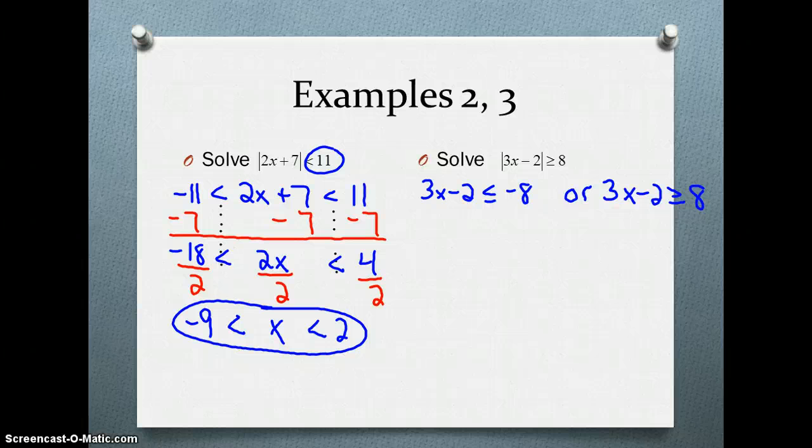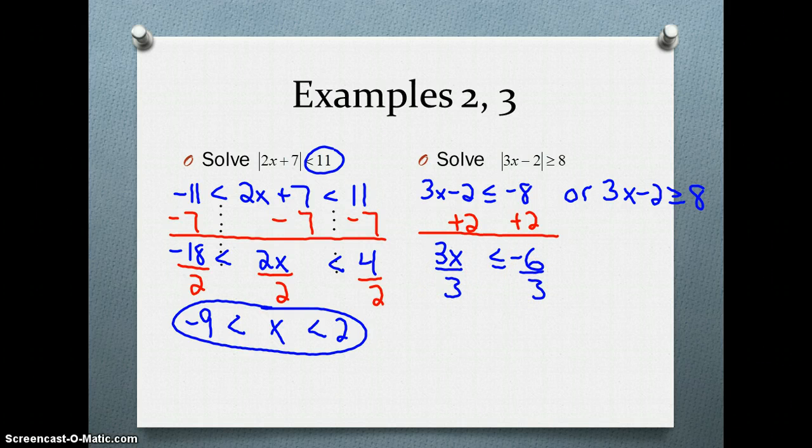So first, I'm going to add 2 over here on the left one. We'll solve it first. That leaves me with 3x less than or equal to negative 8 plus 2 is negative 6. From here, I'll divide both sides by 3. 3 divided by 3 is 1. Those cancel out. I get x less than or equal to negative 2. Or,